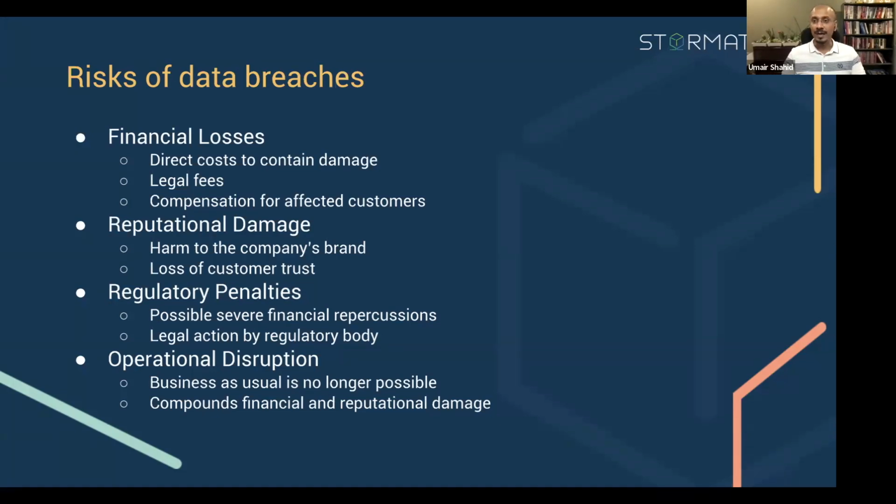The reputation is damaged, sometimes irreparably. The brand is harmed, and the loss of customer trust is huge. That also compounds the financial losses in the medium to long run. The regulators, we just talked about a lot of laws and regulations that are prevalent in this sector. There are humongous penalties associated with such a breach in case something like that happens. And then, of course, in case of a breach like this,